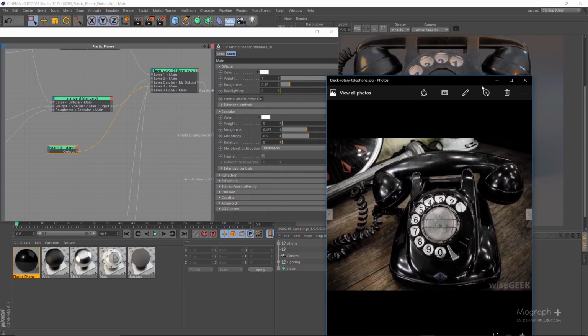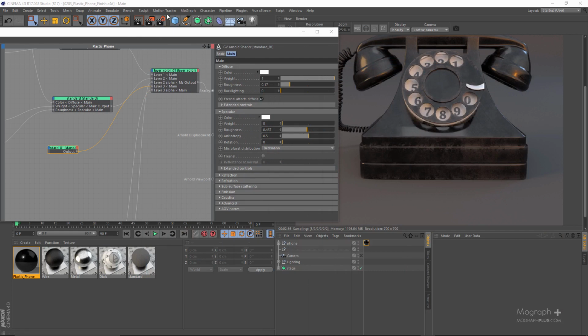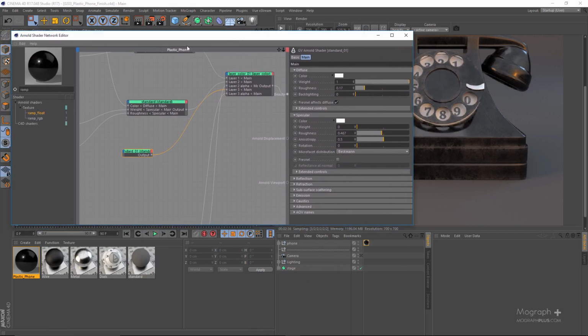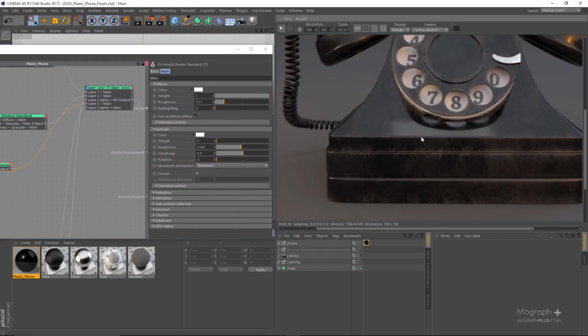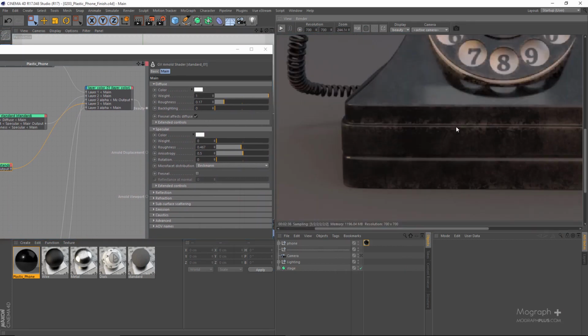So let's do that. And for that, let's just take a look at the IPRs. You can see it's finished, and we get this beautiful